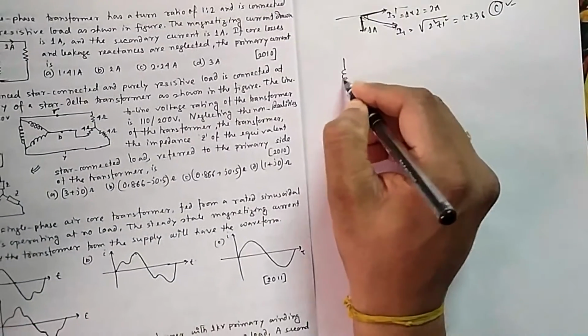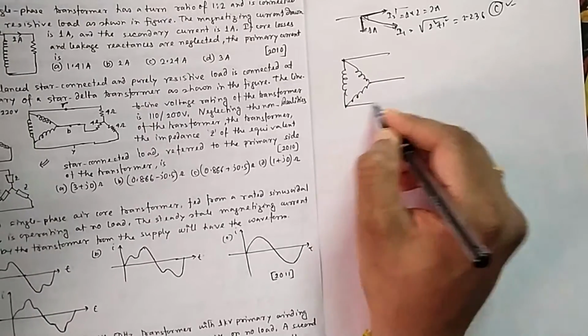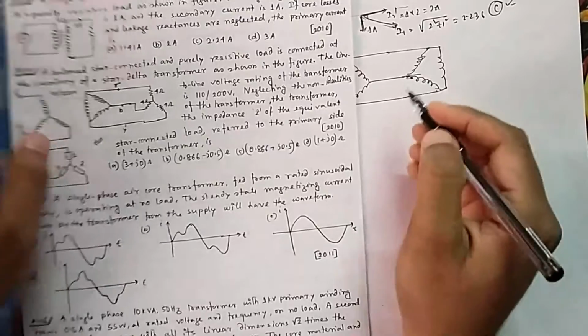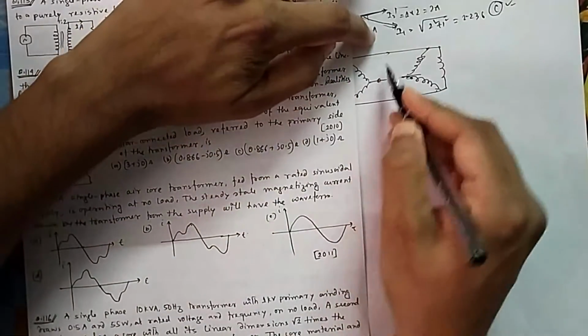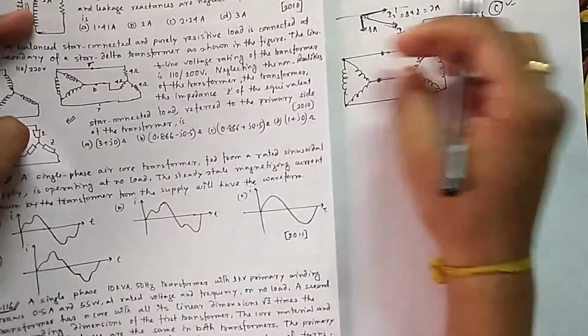If it is of this fashion, suppose this secondary side and this load I am now converting into delta. Now you can easily say what is the impedance that you are getting across these two terminals. This is the impedance that you are getting. So what will be the impedance? If you convert 4, 4, 4 into delta, it becomes more.